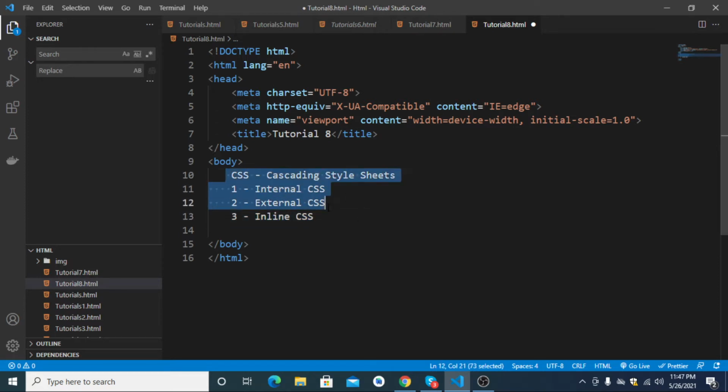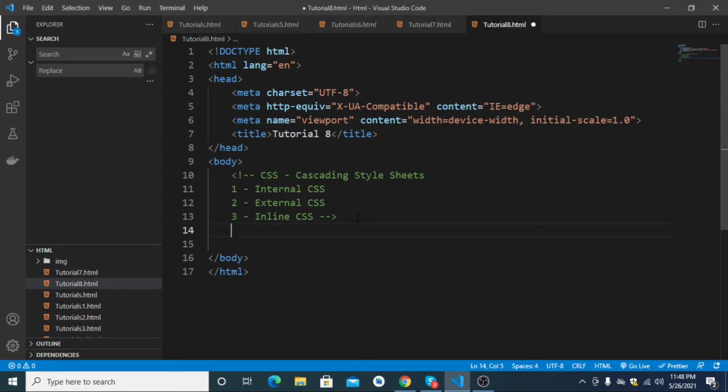Okay, I am commenting this one because I'm just writing here to give you an idea or an introduction. So for example, today first I will talk about internal CSS, how we can implement internal CSS in our document, but this is for learning only.